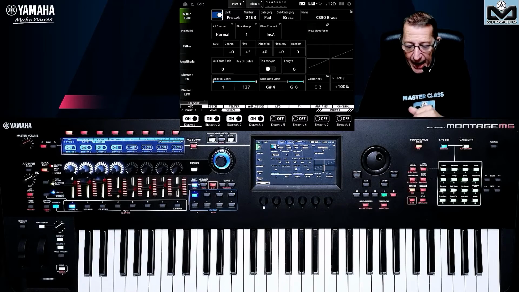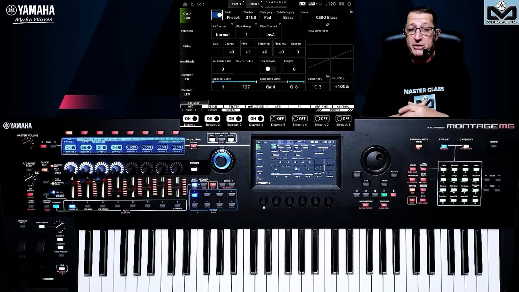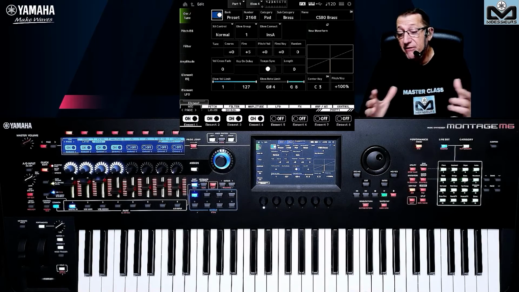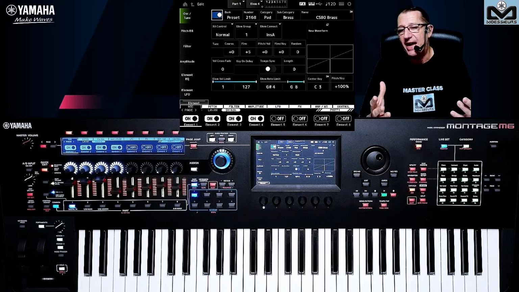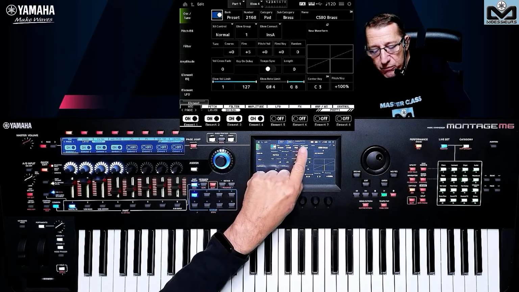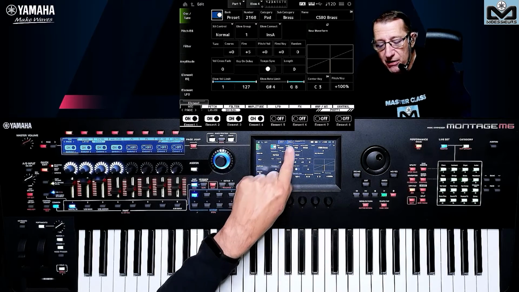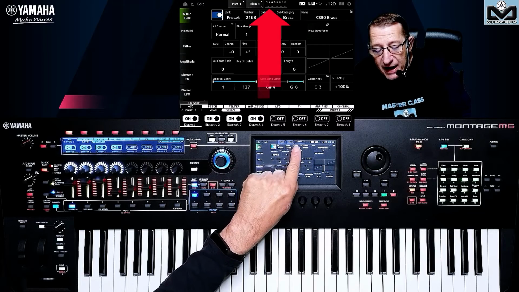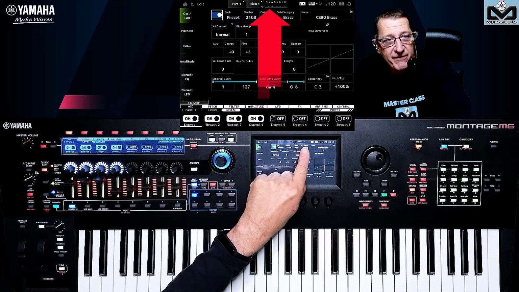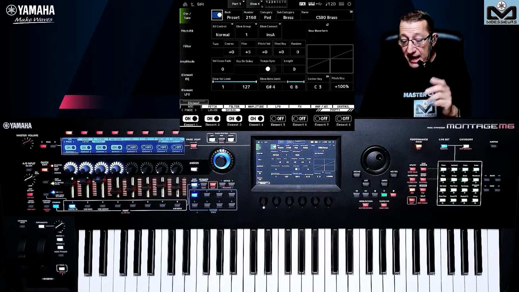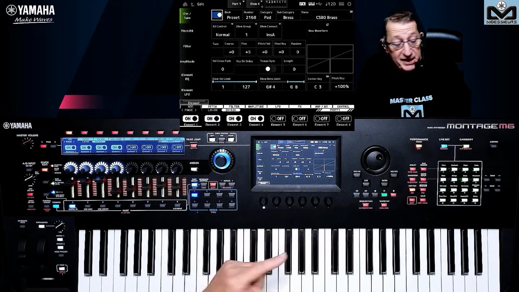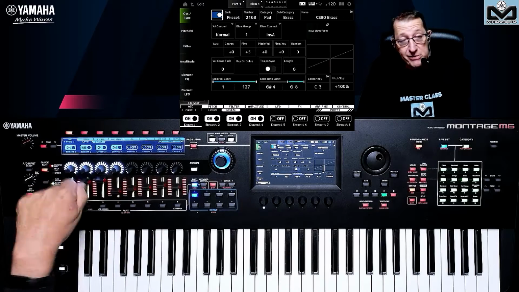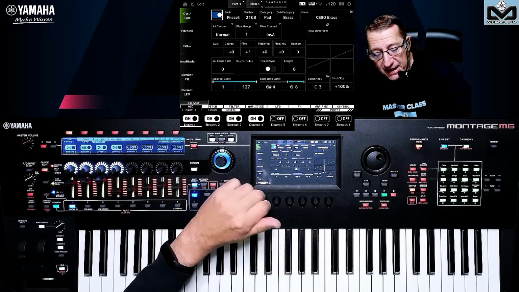And you know that now on the Montage M, we can have up to 128 elements, if I really want to go deeper in sound design, or I can activate that. Here we see on the top, we have 1, 2, 3, 4. This is one of the points you see. They are white and the others are gray, 5, 6, 7, 8 on the top. That means that 1, 2, 3, 4 are on and the others are off. That's one of the ways to see it, to not go here, but here you can switch on and off when you want to work with it. That's why I show you.